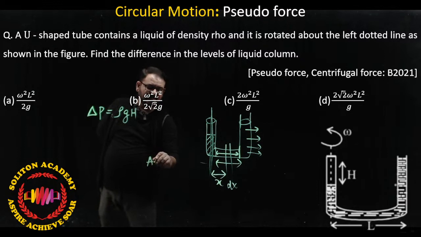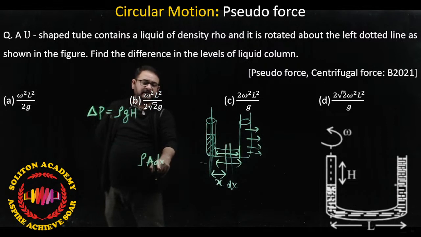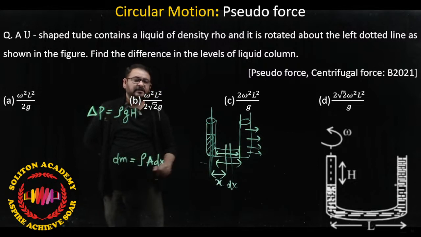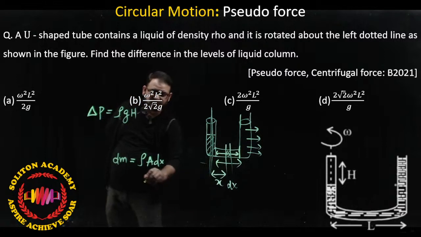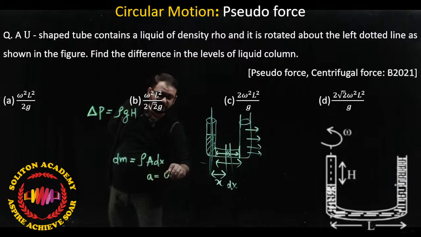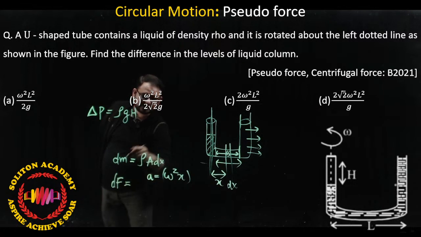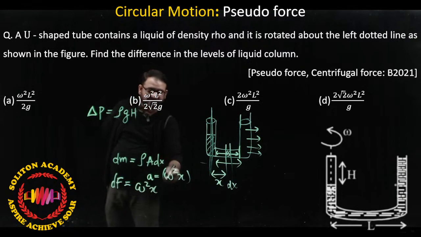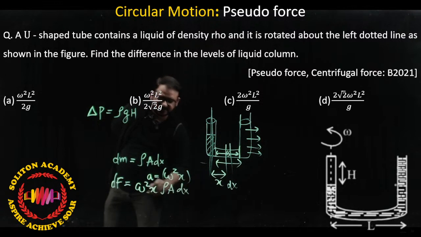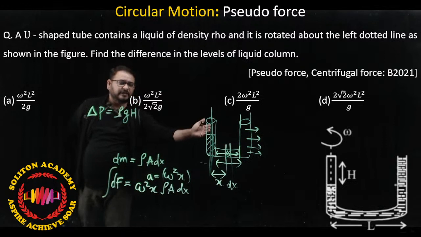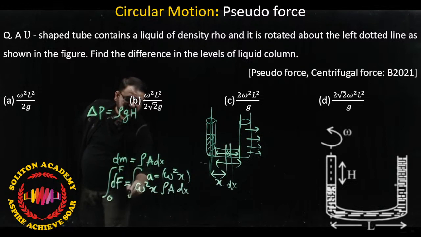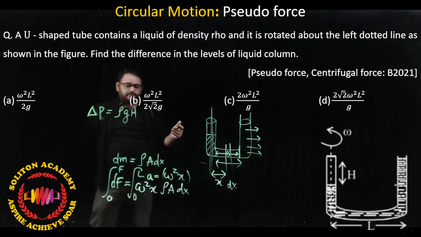सपोज इसका क्रॉस सेक्शन एरिया A है, A dx टाइम्स रो, रो V is dm, राइट। नाउ दिस dm, यहाँ पे जो dm है उस पे फोर्स कितनी लगती है? सेंट्रीफ्यूगल एक्सेलरेशन a होता है ओमेगा स्क्वायर x, राइट। तो फोर्स हो जाएगी dF, स्मॉल फोर्स ऑन स्मॉल एलिमेंट, ओमेगा स्क्वायर x इंटू dm। dm कितना हो गया? रो A dx, राइट। अब ये फोर्स हमें निकालनी है, लेंथ 0 से L, राइट।